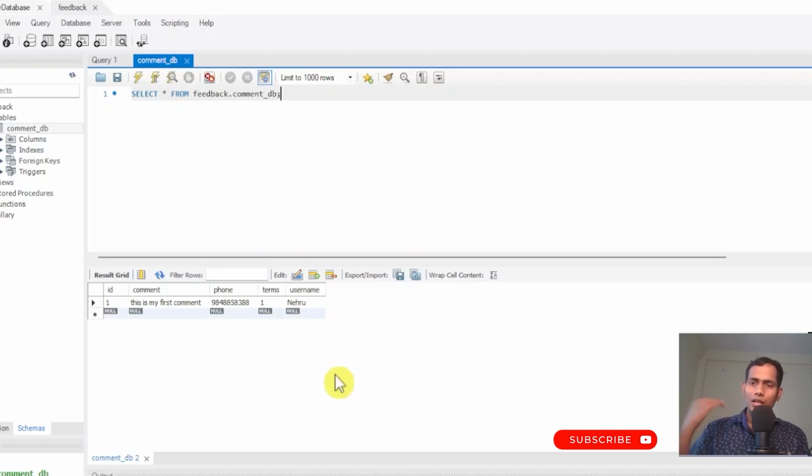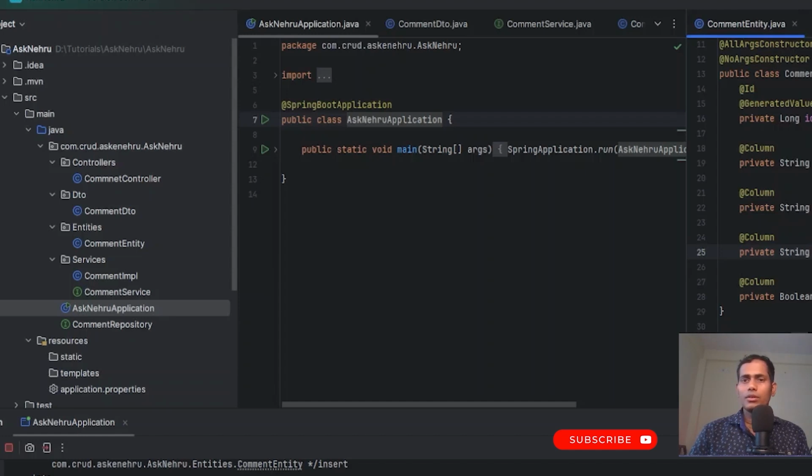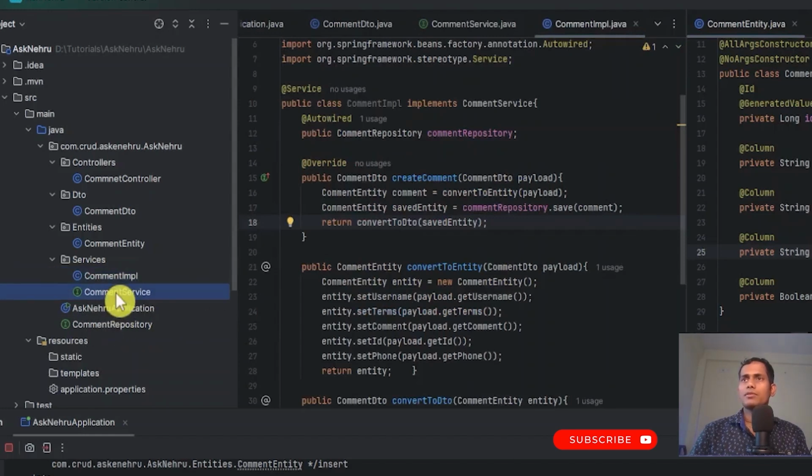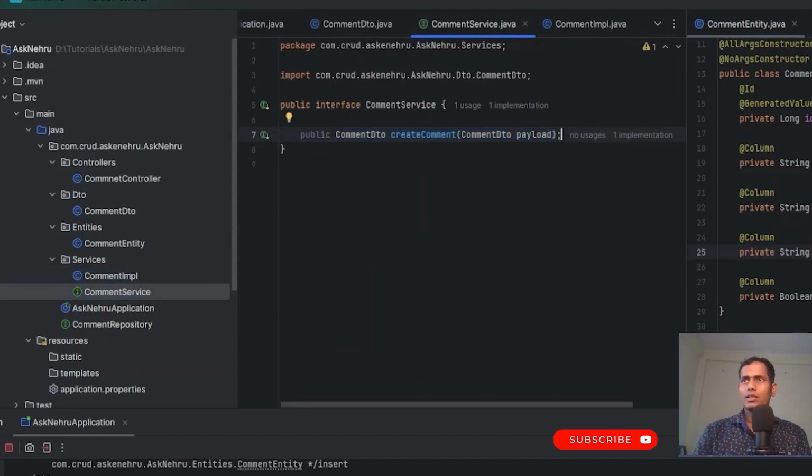Now we should also have a get, put and delete. Okay, 3 things are pending, so we will create that. Okay, so fastly, how to do that? We go here. I go to service, implementation first. Okay, service first,